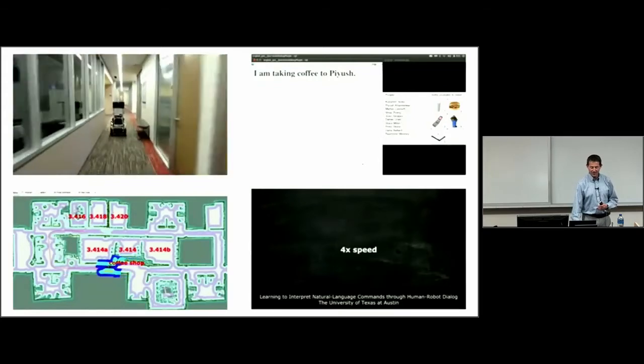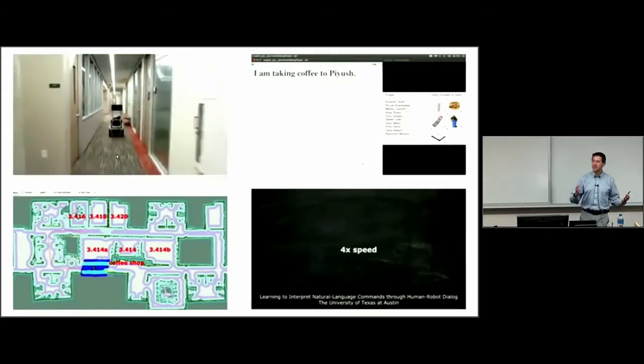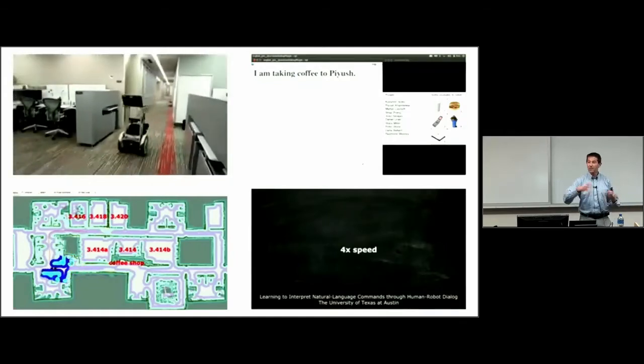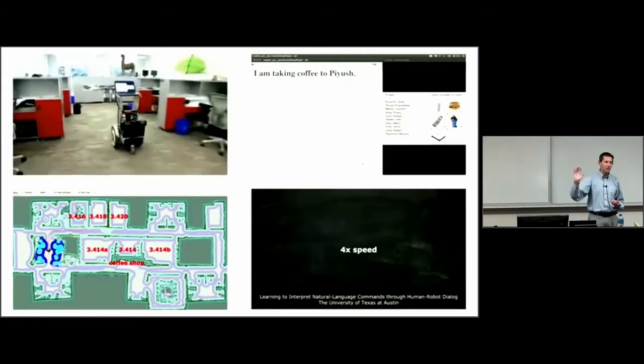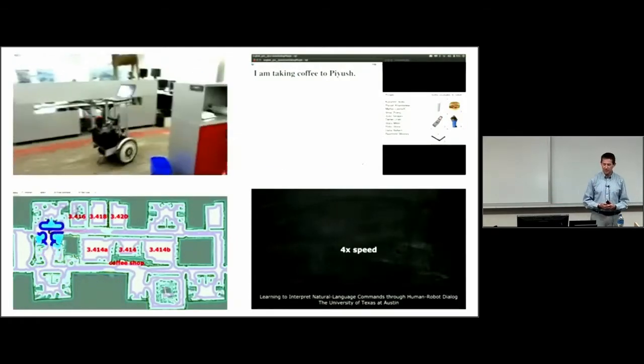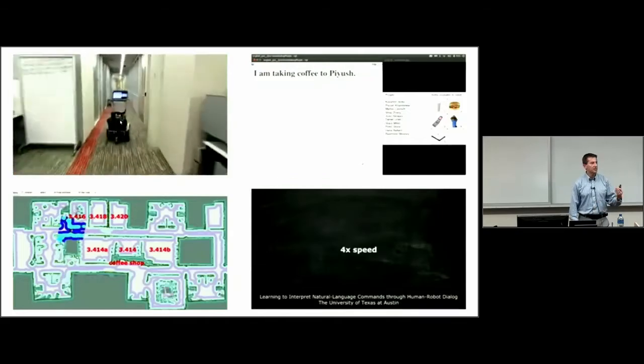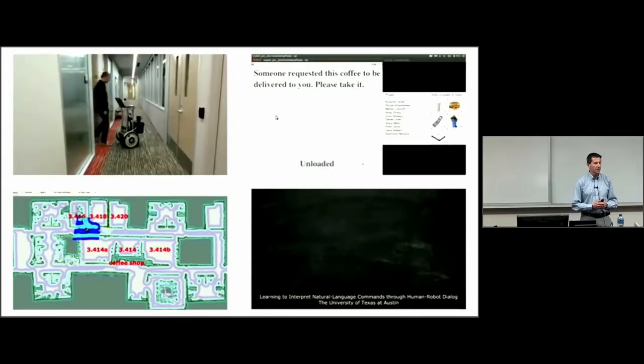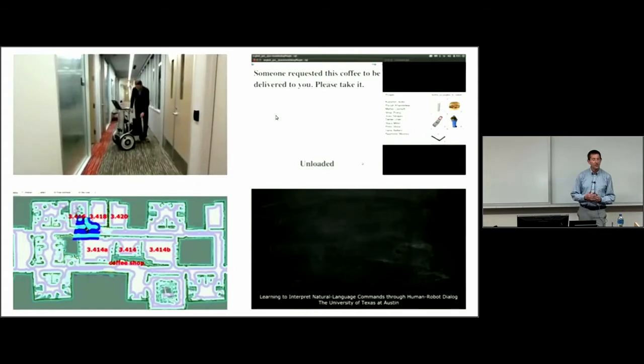The goal here is for them to become a part of the social fabric of the building, for people to not have to ask us for a demo and say, can we see how your robots work, but to just come into our building and expect to see the robots wandering around, doing things that are useful to visitors or to occupants.